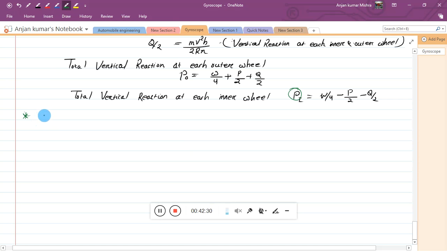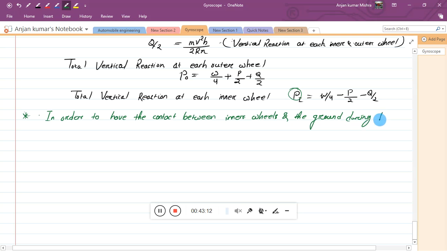So in that case what we have to do, in order to have contact between the inner wheels and the ground during high speed, the sum of